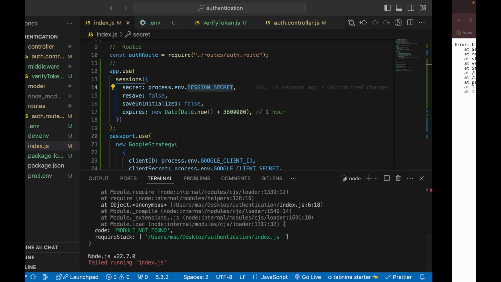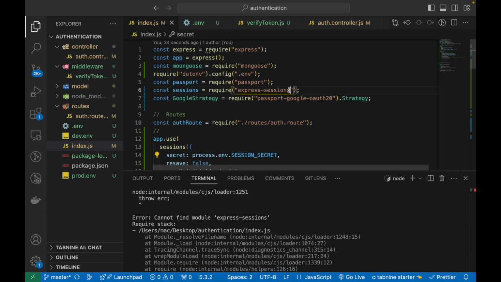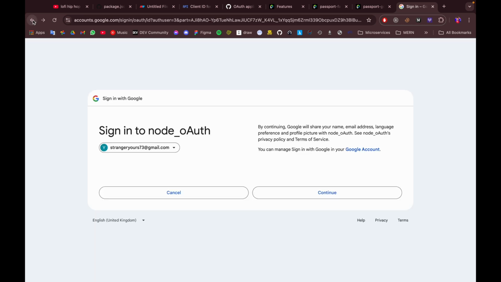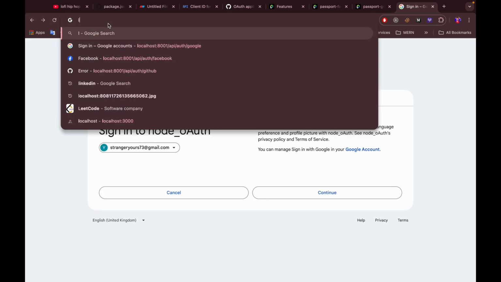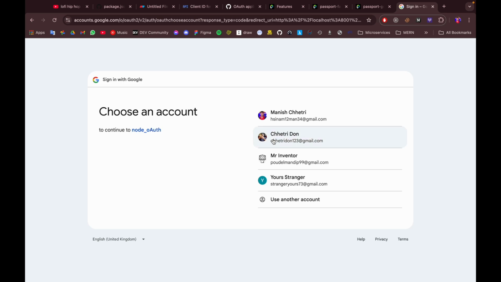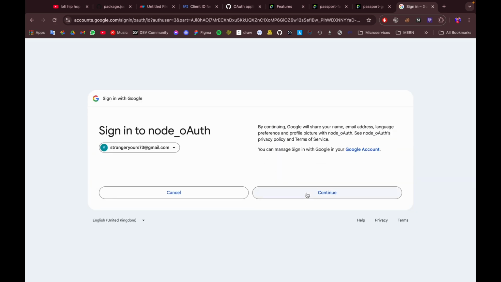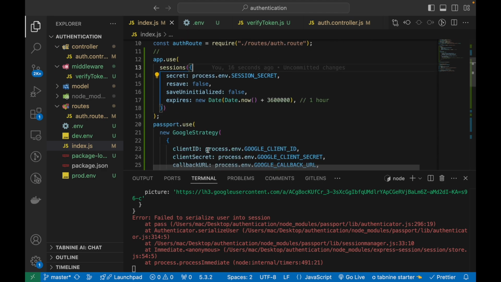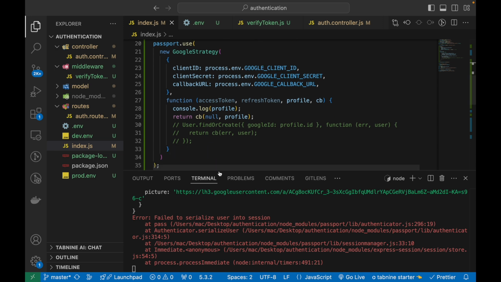Let's do npm install. Okay, we'll just hit the localhost URL again, use this, and fail to serialize the URL. Okay, now we have to serialize and deserialize the passport